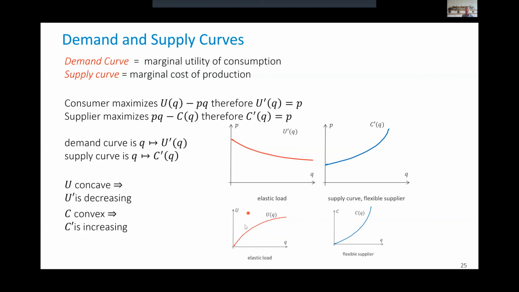If I have an elastic load, the theory works well. It is more embarrassing and doesn't work so well when we have curves that have discontinuities or no derivative. For this concave function here, which is the prototype of a utility function in the theory, the derivative is positive and decreasing, decreasing because it's concave here. And similarly, the supply curve will be positive and increasing because we assume the cost is convex here. And the price here